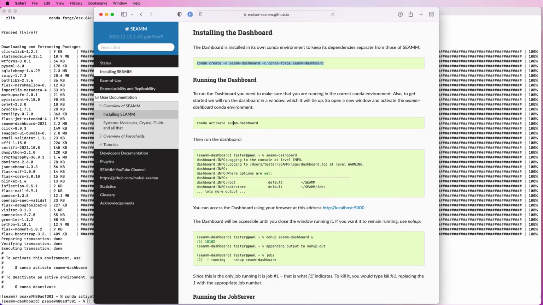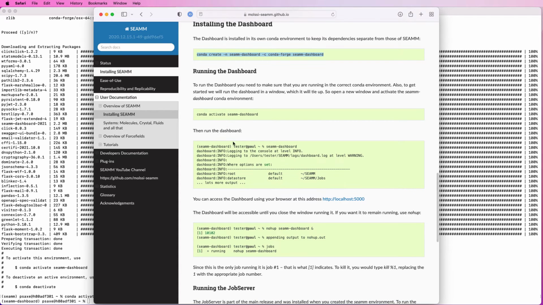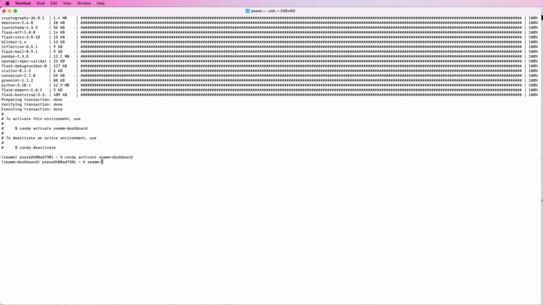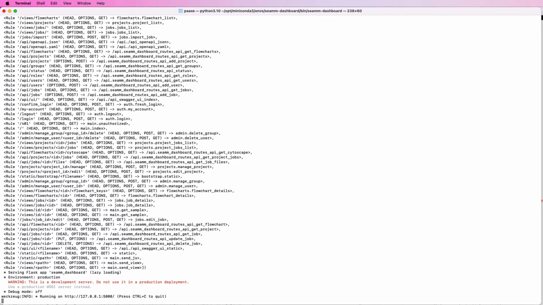Now if we go back to the documentation, there's the activate, which we've just done, and the next step here is to run the dashboard, which we do by just typing the command in, so seam/dashboard. And when it starts up, it runs a lot of debug or logging output, and then it's just sitting here. And it says it's running on the address above